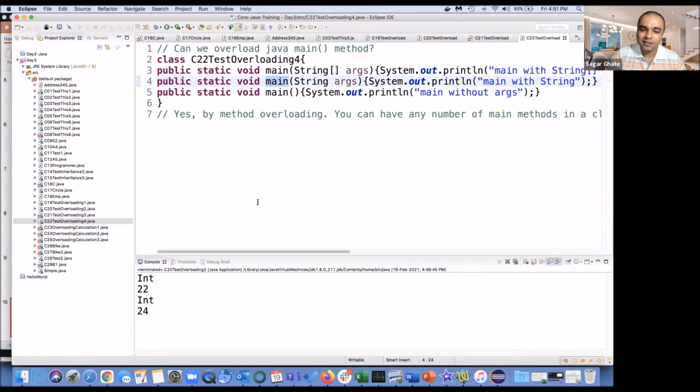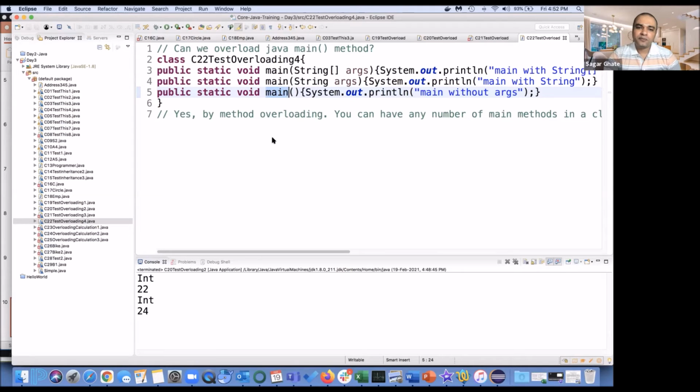Is it possible to have multiple main methods? So you can see this is what we normally write: main with a string array, main with just one simple string parameter, and a main method without any arguments.